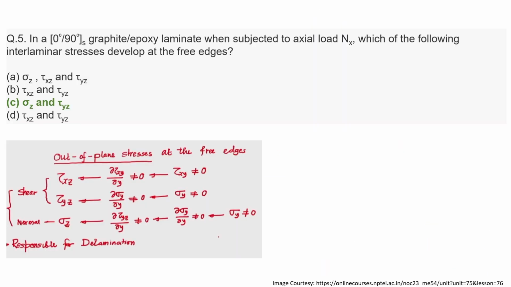Next, in a 0/90 symmetric graphite epoxy laminate, when subjected to axial load Nx, which of the following interlaminar stresses develop at the free edges? Interlaminar stresses are the out of plane stresses. They are saying if there is an axial load Nx, which of the following stresses will be developed at the free edge? So Nx will be related to